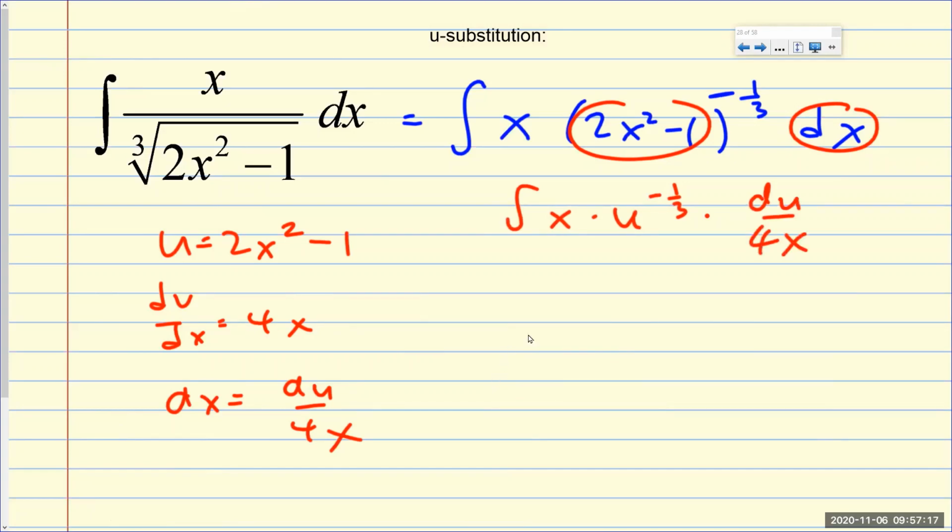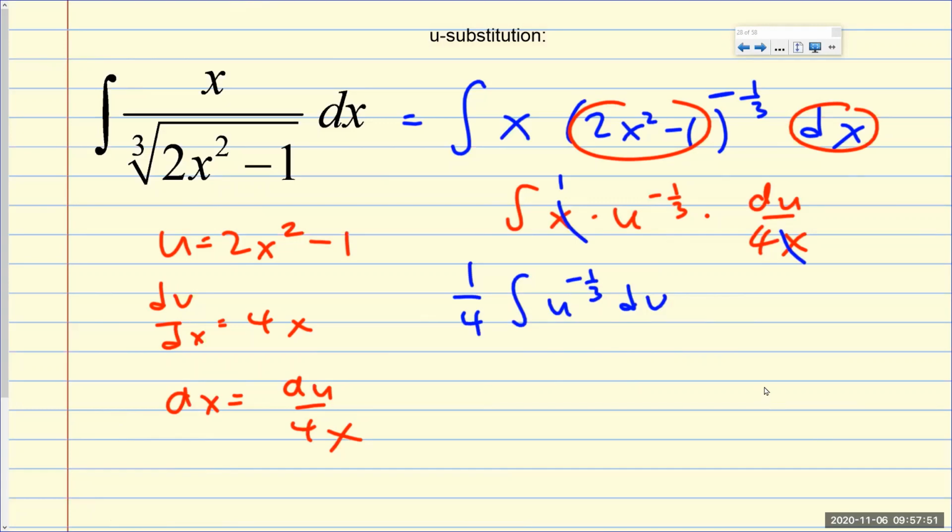At this point, your x's should cancel out. You want to get to only u's. If you have x's still in there, you're going to have to do implicit integration. Do you know how to do implicit integration? Me neither. There's no such thing. You've got to figure out how to get all your x's gone. Then you're going to pull out a 1/4. Pull out your scalar. And at this point, I should be at a place where it's an easy reverse power rule. I know it's not super easy, but it's doable. Or it should be